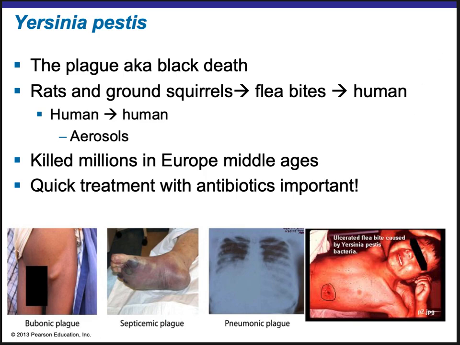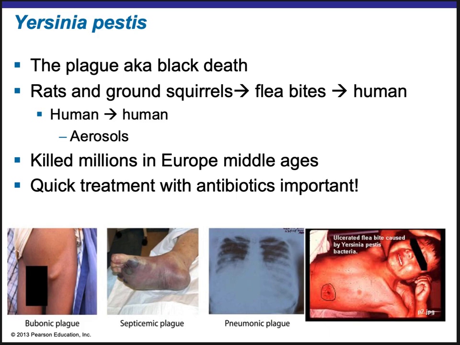So the last occurrence of an urban outbreak in the United States was 1925 in Los Angeles. Part of the reason why we don't have these outbreaks anymore is because we know that rodent control is important. Okay, so we take a great effort to keep rodents out of the places that we live and out of the places that we eat, right? We also try to prevent and treat flea infections of our pets, right? So we have pretty much just stopped the transmission,